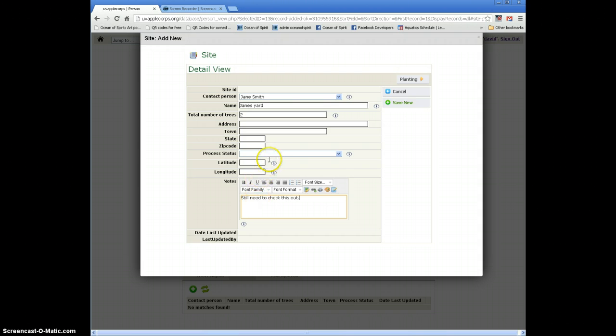Actually, I have a field for the status. We're going to get into more information about how to use the specifics of the form a little bit later. I just want to give you the basic idea of how to use the interface now. So I'm getting sidetracked, but anyway, you just save new,